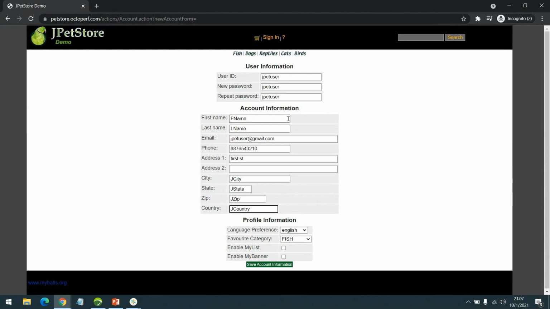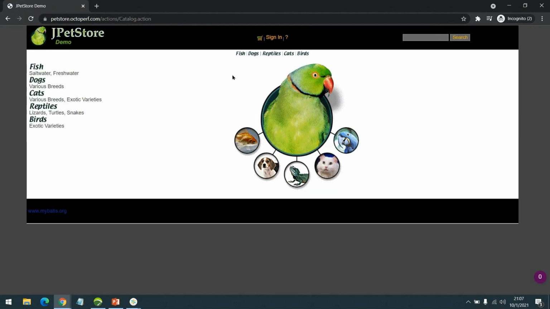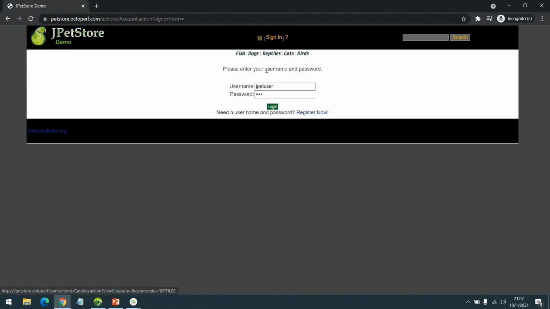Country, I'm giving as it is, so that we will know these are the information used during the registration. I'm selecting the language preference as English and favorite category as fish, and then saving this. Now I think the new user is being created.